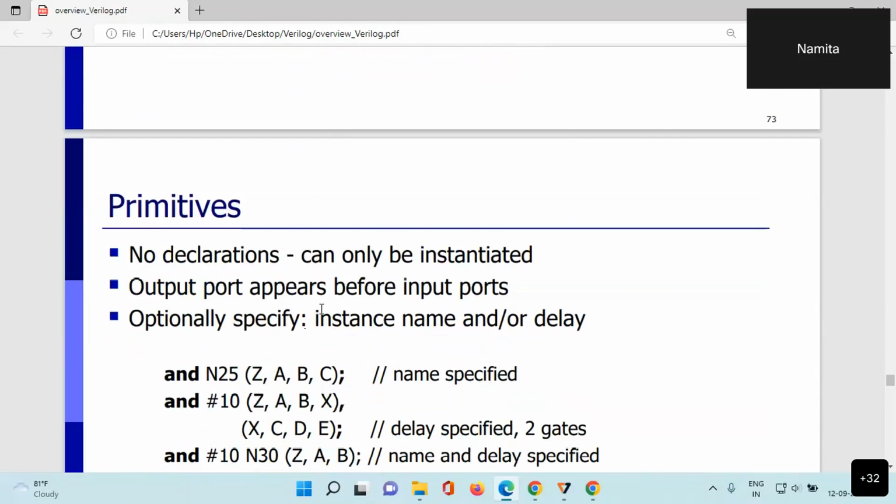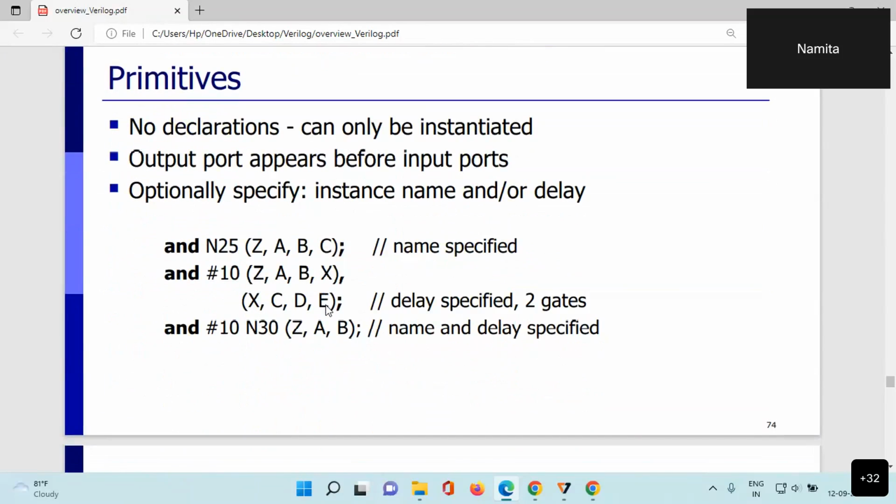Now primitives, we don't want any declaration to be done for the primitives. They are inbuilt, available in Verilog, and can only be instantiated. Whenever we call primitives, it should be called by the keyword and, nand, nor. In this, always the output port should appear